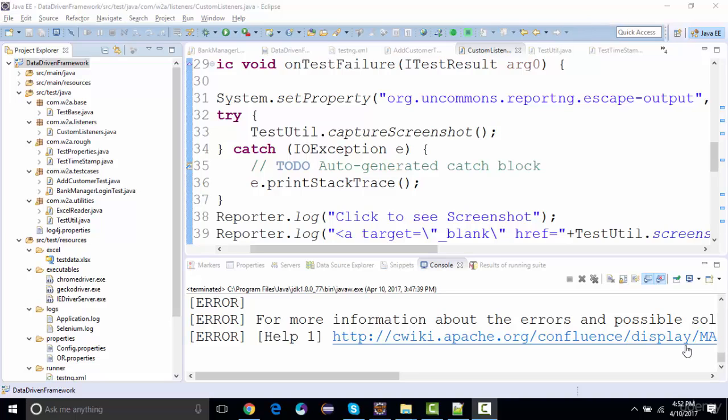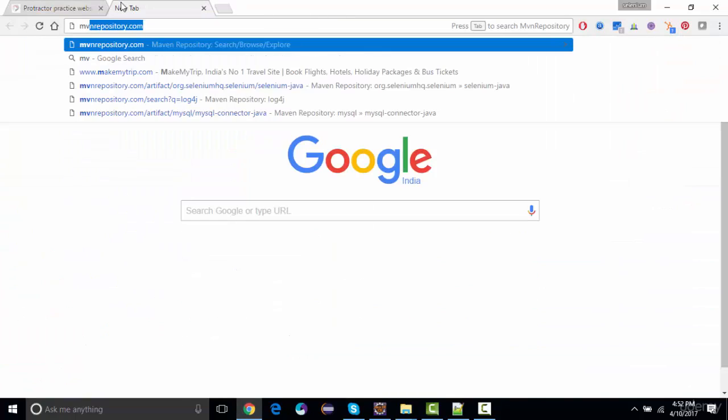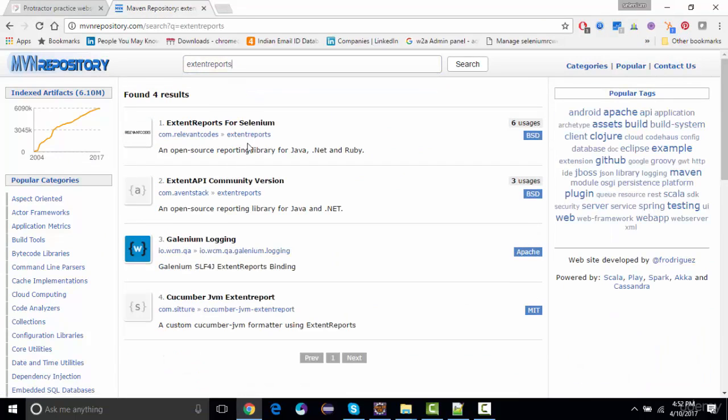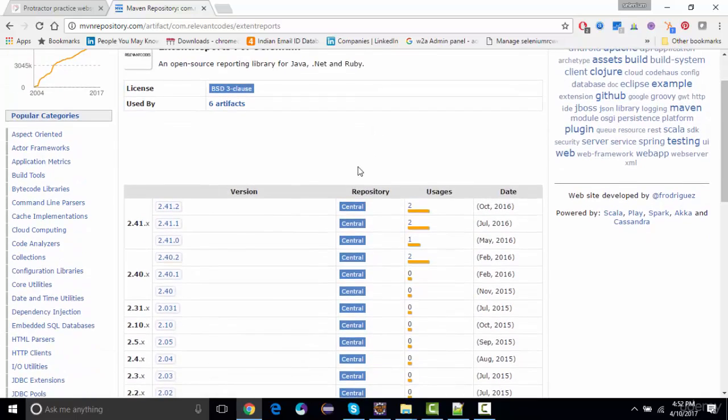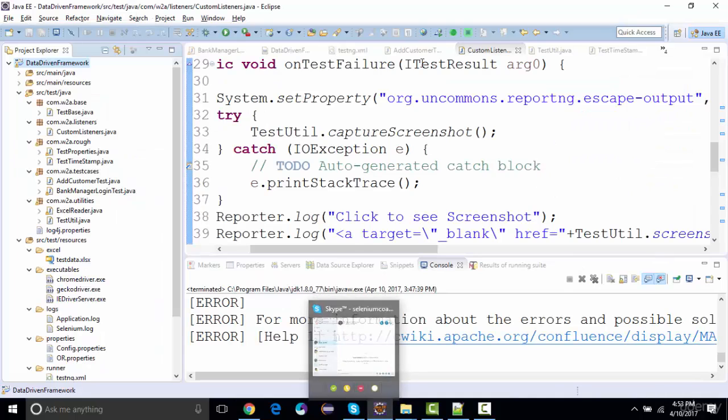So let's implement another interactive report now, that is Extent Report, right? For Extent Report, what we will be doing is we'll go to the MVN repository and type extent reports over here. And this is a jar file that you would be needing for the Extent Reports, the latest one, right? So we'll go to pom.xml